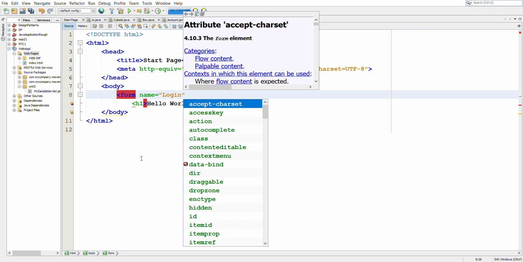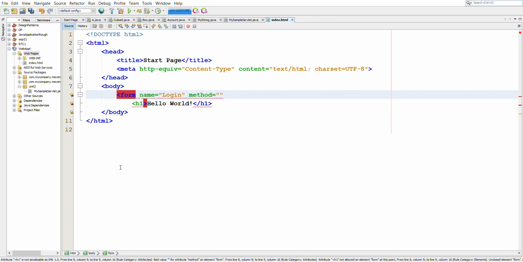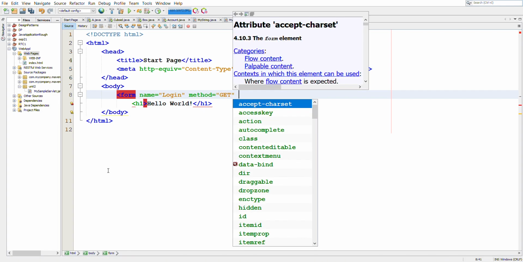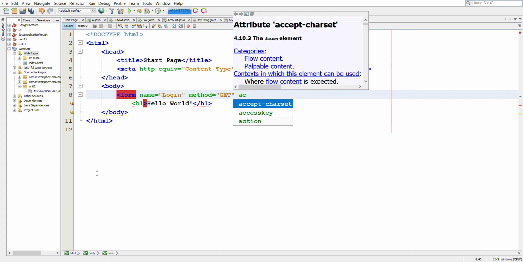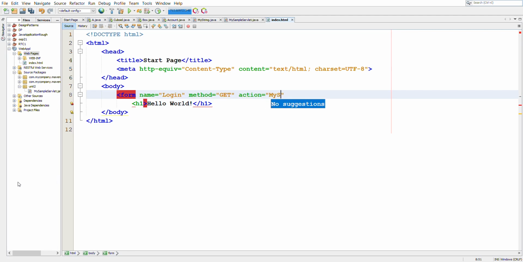And in this form, we will need to mention the method. So this method is the HTTP method. Because we have written a doGet method in our servlet, we'll be sending a GET request, and we will also define the action. The action is the page or the URL of the resource where we want to redirect our request. So here we will write my sample servlet, as my sample servlet is the name or the URL pattern of our servlet. Then we will close this tag,